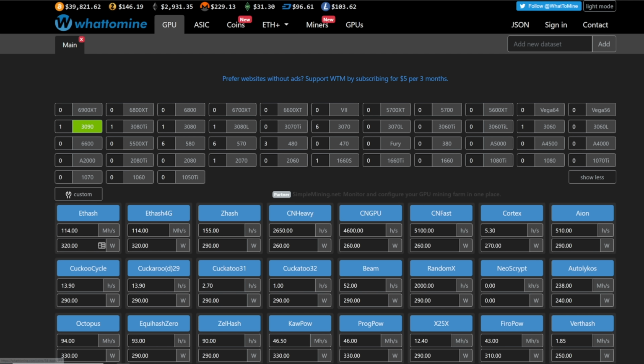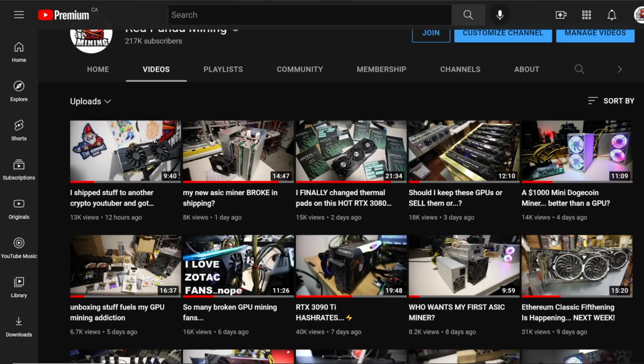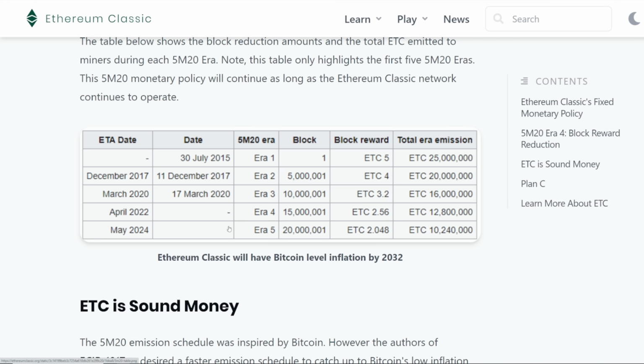And we're going to compare it to the video that I did literally last week, or actually, no, not last week, 9 days ago as of recording this video. So it's been, I think, 3 or 4 days since the fifth inning happened. And just a quick thing for people that may have not seen that video, what happened was the block reward for Ethereum Classic went down from 3.2 to